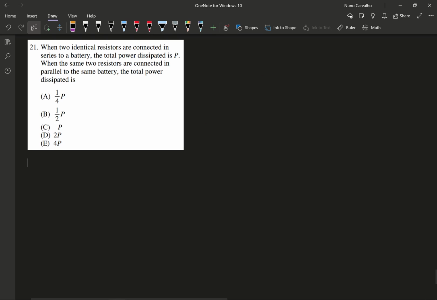Number 21, we're told when two identical resistors are connected in series to a battery, the total power dissipated is P. When the same two resistors are connected in parallel to the same battery, the total power dissipated is, and what we need to be thinking about here is the equivalent resistance, right, of these setups. So when we have in series, and they're two identical, let's just say each one is R, then the equivalent resistance will just be 2R. Pretty simple. When they are in parallel, like so,